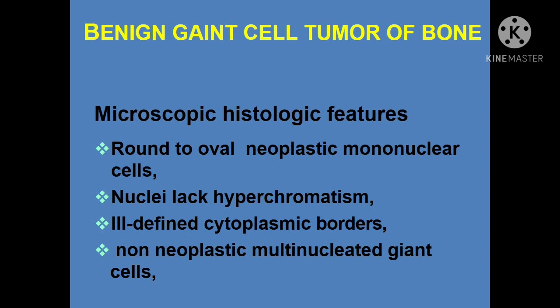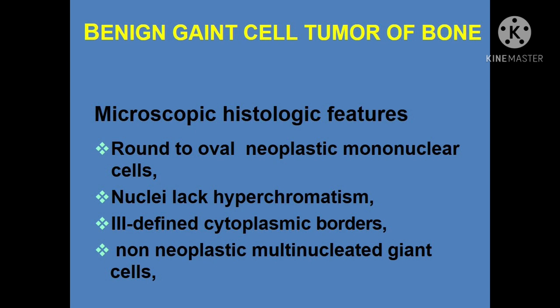The other component is non-neoplastic multinucleated giant cells. So the neoplastic component will be there, the non-neoplastic component will be there, to make it very simple. Now see here. In exams we'll try to focus on an area by which, just by looking into the slide, you can get some diagnosis in your mind. So if you see this area, definitely you'll recognize that many giant cells are there here.